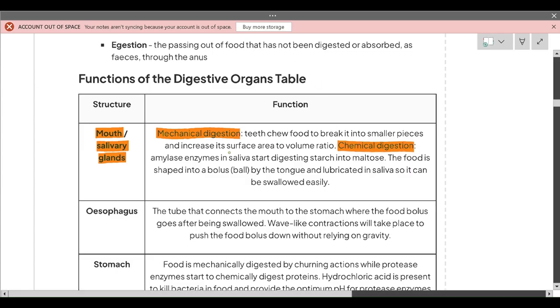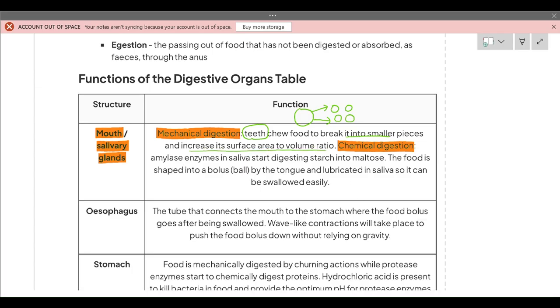As we previously discussed, mechanical digestion involves the physical breakdown of food, and it is done with the help of teeth in your mouth, which break it down into smaller pieces. So it is a process that only converts the food you took into smaller pieces. What is the basic purpose behind that process? This process increases the surface area to volume ratio. We discussed yesterday that this is very important to make the size of the food molecule small.